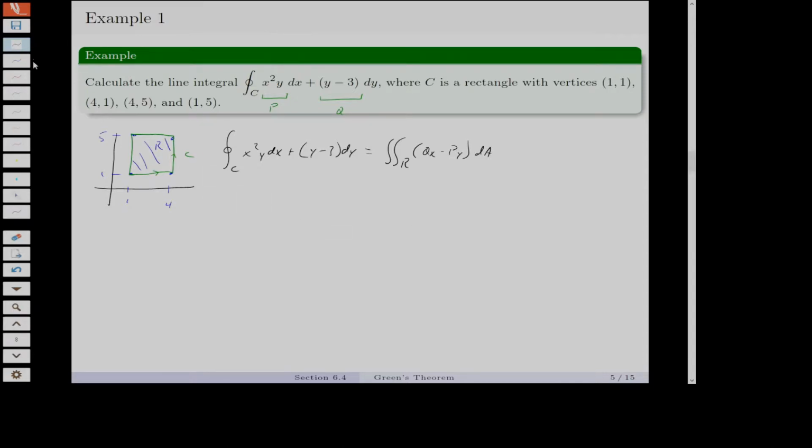Okay, so I have to do a few things here to set up this double integral. I need to compute Py, so I differentiate with respect to y. I need to calculate Qx, so I differentiate the Q with respect to x and just get 0. Okay, and I also need to figure out my limits of integration. Since this is a rectangle, my x's are just bound between 1 and 4, y is between 1 and 5,